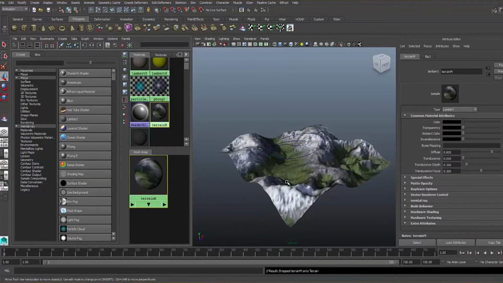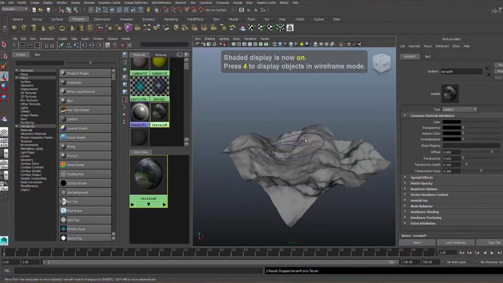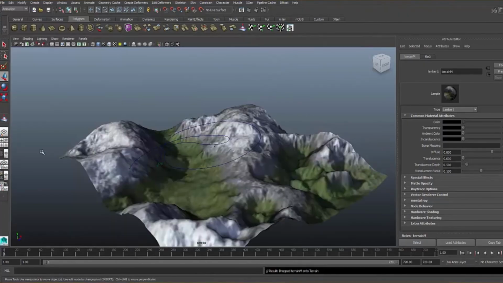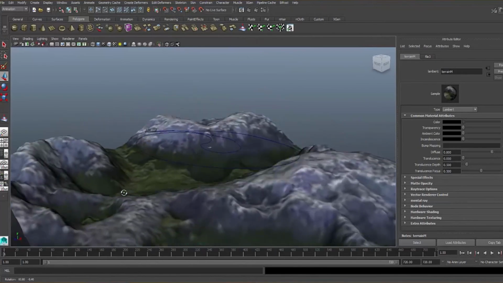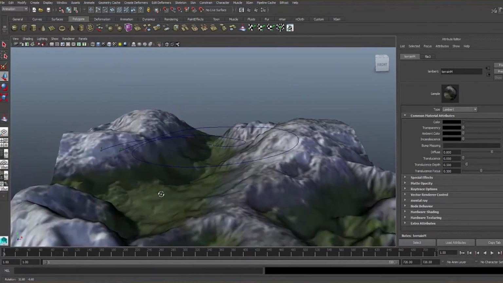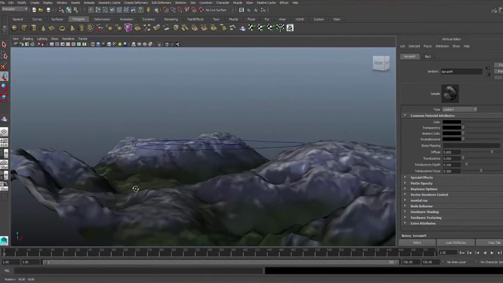Pop. And then it may or may not appear. If it doesn't appear, if it looks like this, it's probably because you've only got shaded display on. So press number 6 on your keyboard and you'll see some lovely looking mountains. Okay, so I'm now going to go back into my perspective view. Oh yeah, that's lovely. And then what I shall do next is worry about